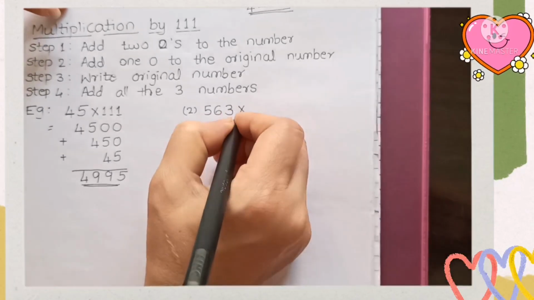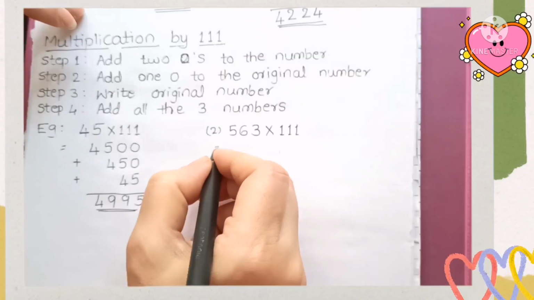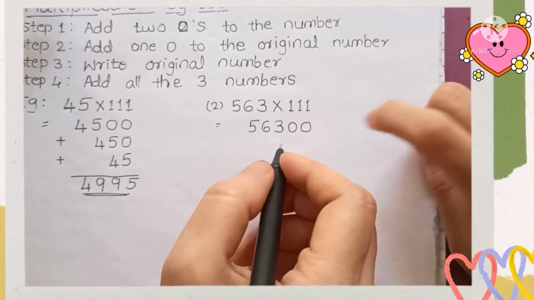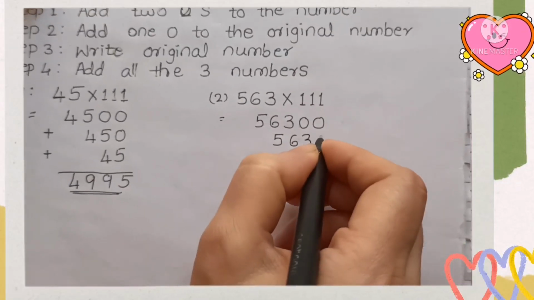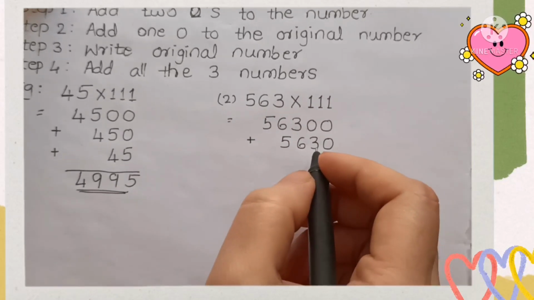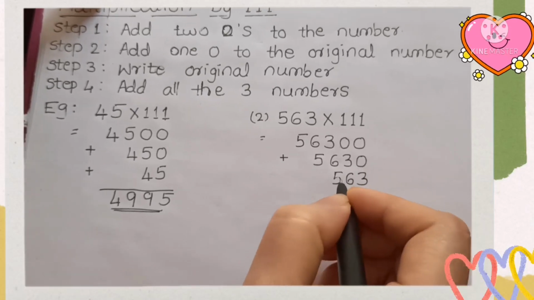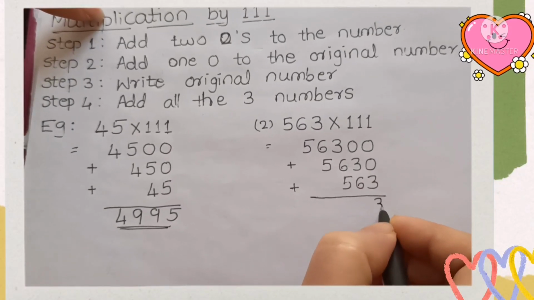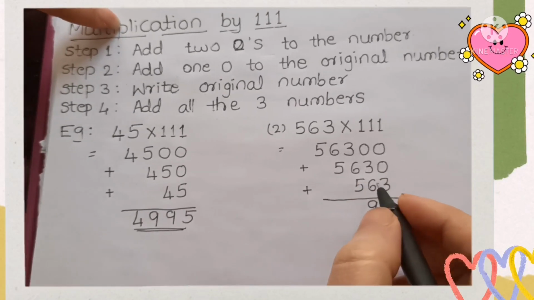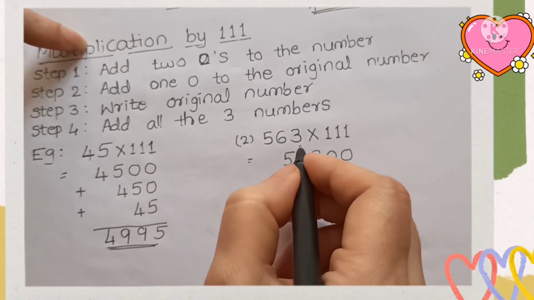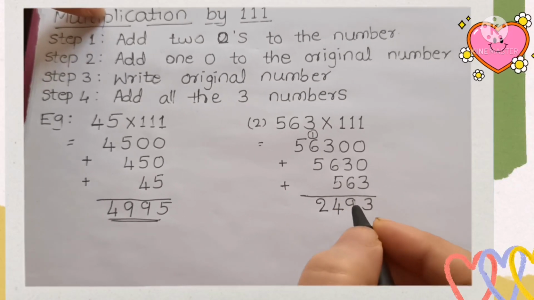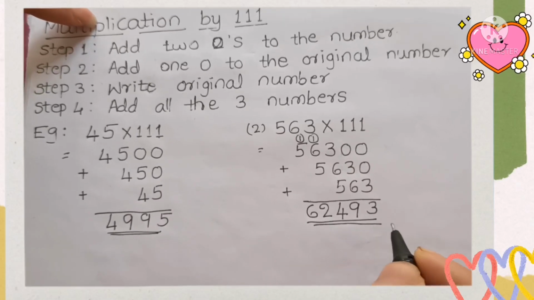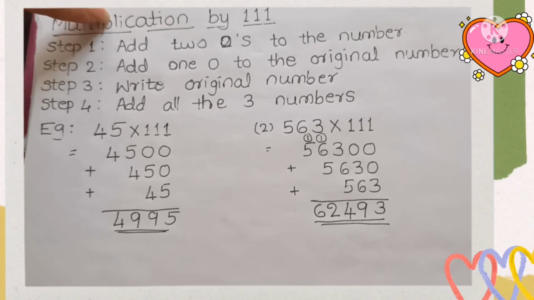अब हम लोग हमारी थर्ड एग्जाम्पल देखने वाले हैं। थर्ड एग्जाम्पल है 563 इंटू 111। फर्स्ट स्टेप हमें ऐड करना है 2 zeros जो हमने ऐड कर दिए। अब 2 zeros ऐड करने के बाद हम हमारे ओरिजिनल नंबर को 1 0 ऐड करके लिख देंगे और थर्ड स्टेप में ओरिजिनल नंबर जो हमारा 563 है उसे ही लिख देंगे, और लिखने के बाद हम लोग उन तीनों नंबर्स को प्लस करेंगे। तो हमारा आंसर आएगा यूनिट डिजिट पे 3, टेंस डिजिट पे 9, हंड्रेड्स प्लेस पे 14, 1 कैरी ओवर चला जाएगा, 12 आएगा नेक्स्ट पे, और 10,000 पे आएगा 6। सो हमारा आंसर है 62493।